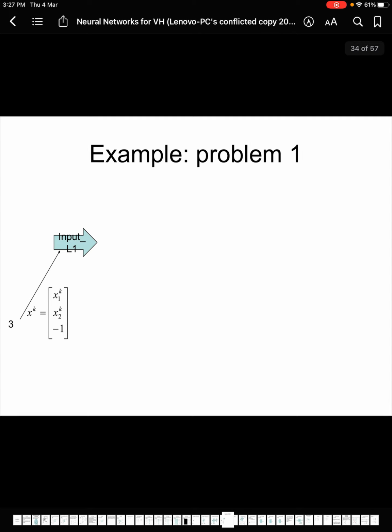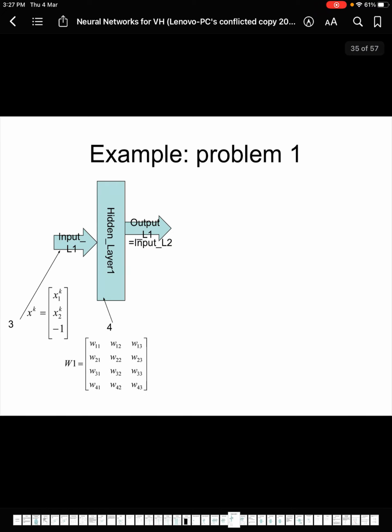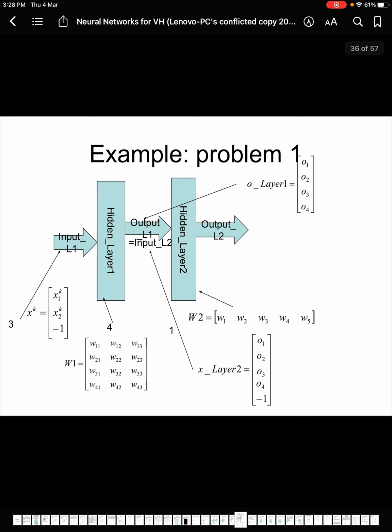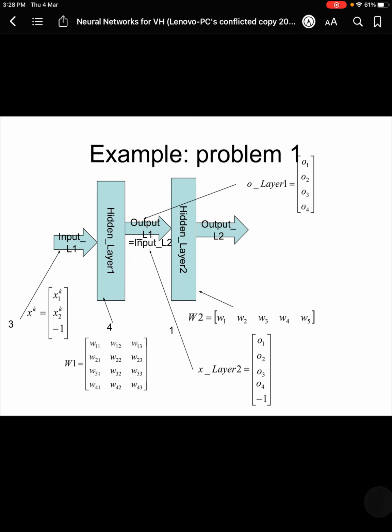Let's say here you have three inputs: x1, x2 and -1. The k denotes the instant at which we are supplying that particular input. And this is the weight matrix now, with four neurons in the hidden layer. Then you have the output layer. There will be four outputs from the first layer, and then from those four outputs